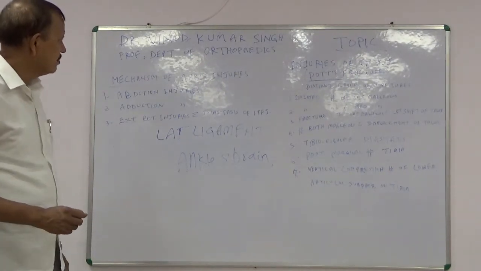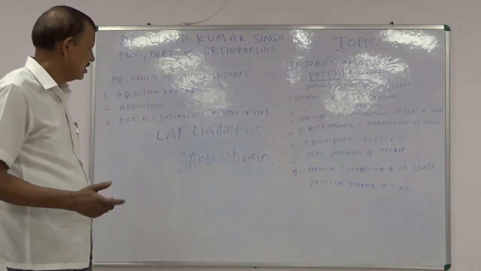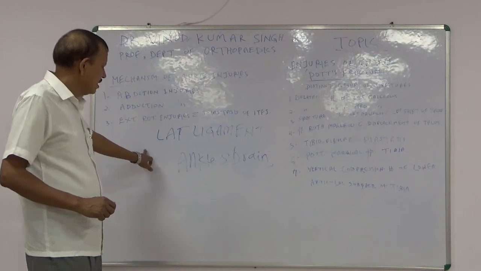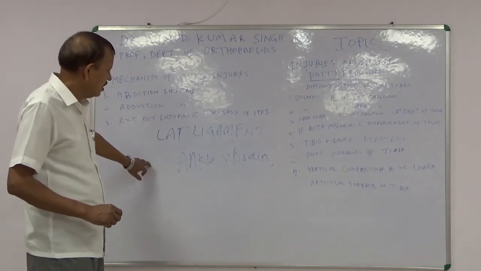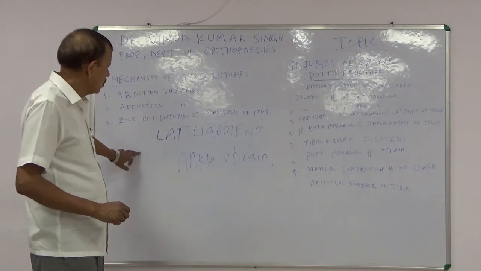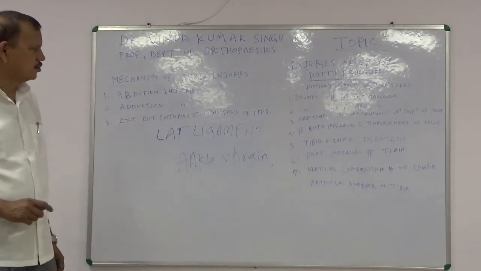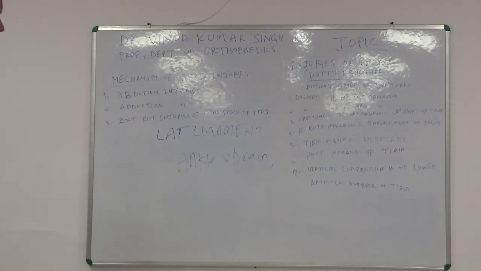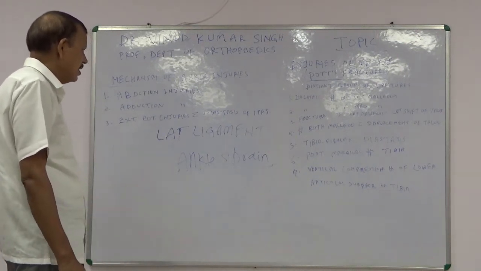So this may be injured with an adduction stress. Adduction stress is common in ligament injury, and this injury can be complete or partial. An incomplete injury is called an ankle sprain, the commonly so-called injury, and then the complete injury. So how do we distinguish between the two? Because many times we confuse ankle sprain with a complete injury of the lateral ligament.